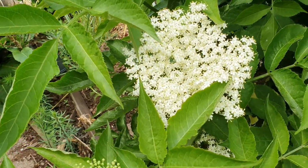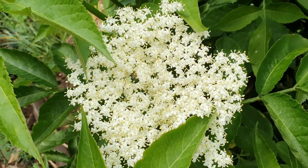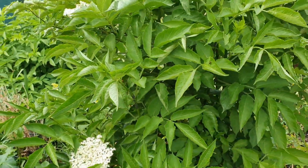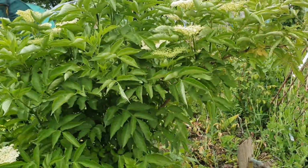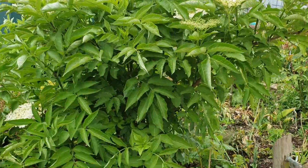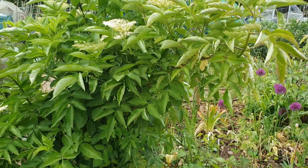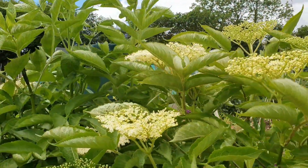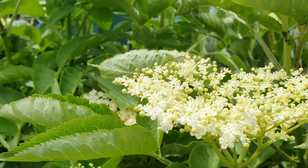So let's have a look. Can you guess what this is? Right, that's it. It's the elderflower bush. And it's got a lot bigger than I thought it would in its second year, but the flowers on it are amazing. So I'll be taking some of these off,